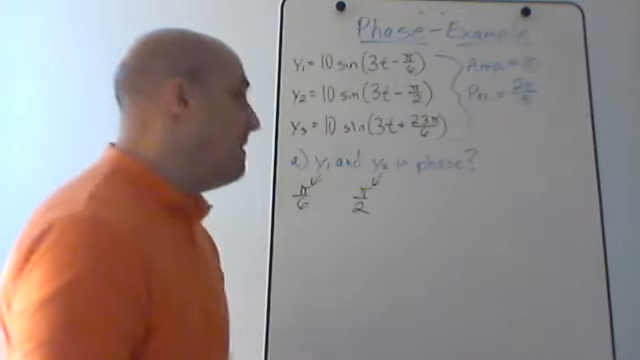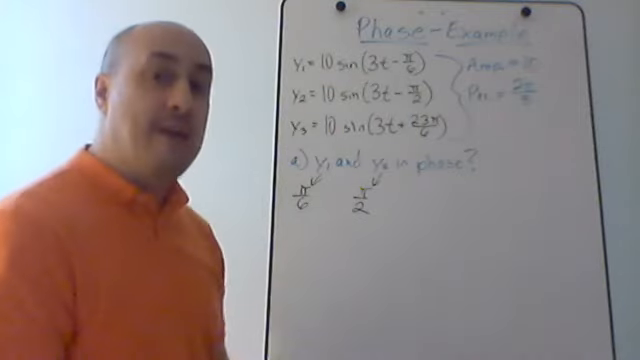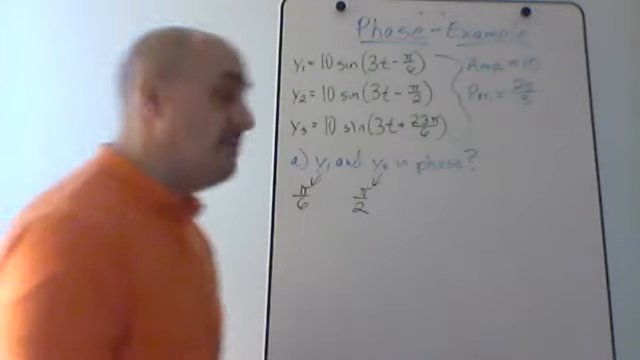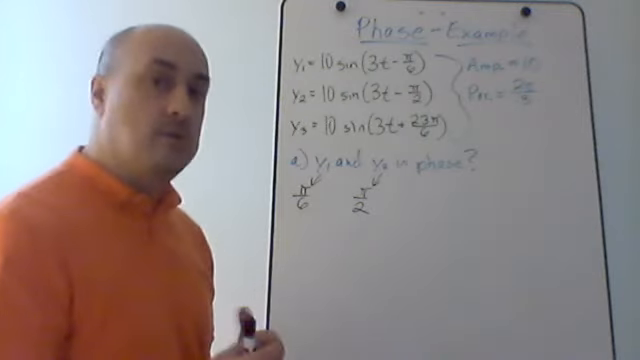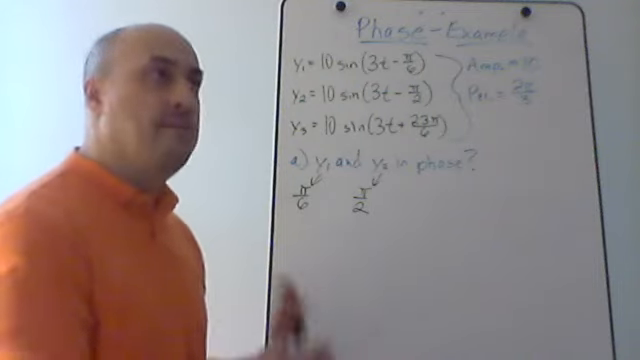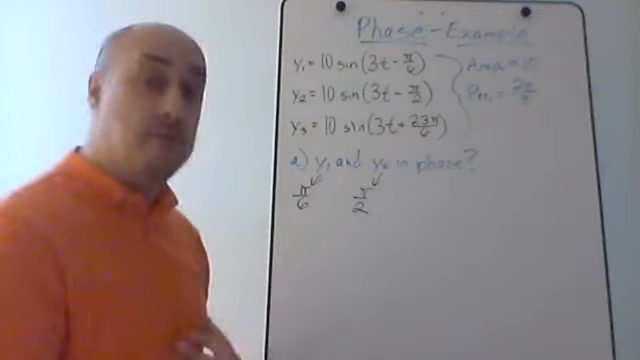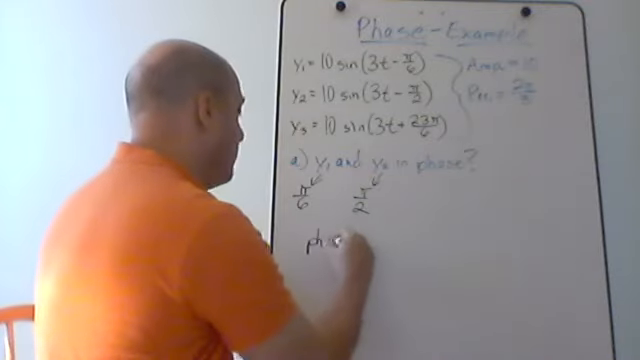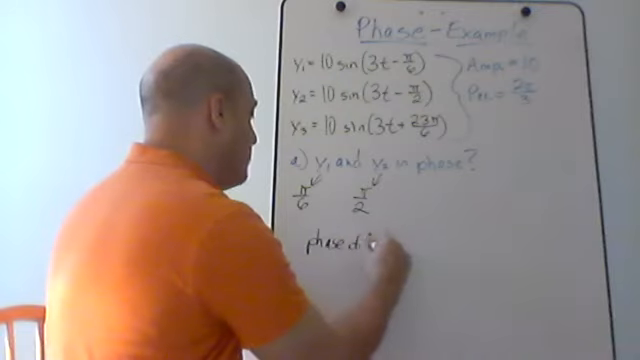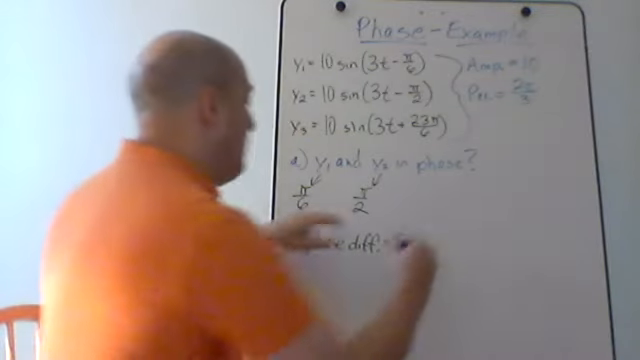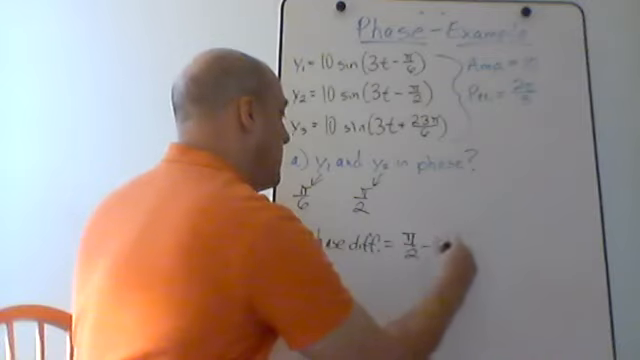If I want to tell if they're in phase, I have to find the phase difference, which, as the name implies, is the difference between the two phases. What determines whether those two waves are in phase or out of phase is whether the phase difference is a multiple of 2 pi. My phase difference, which I'm just going to abbreviate phase diff, is pi over 2 minus pi over